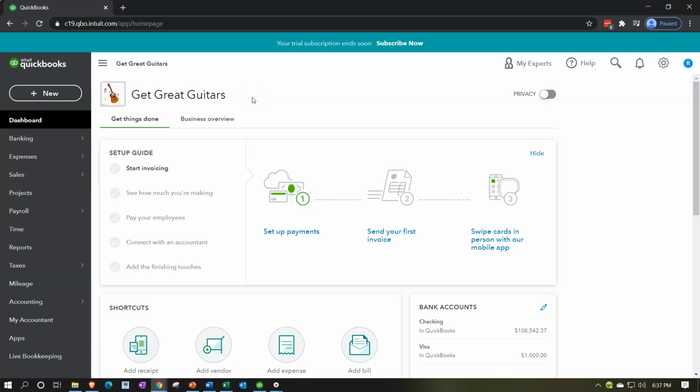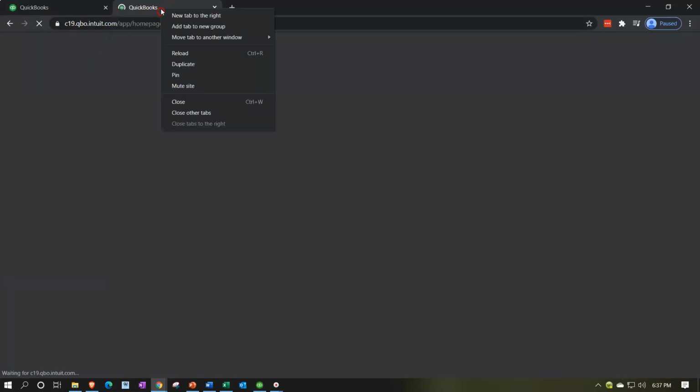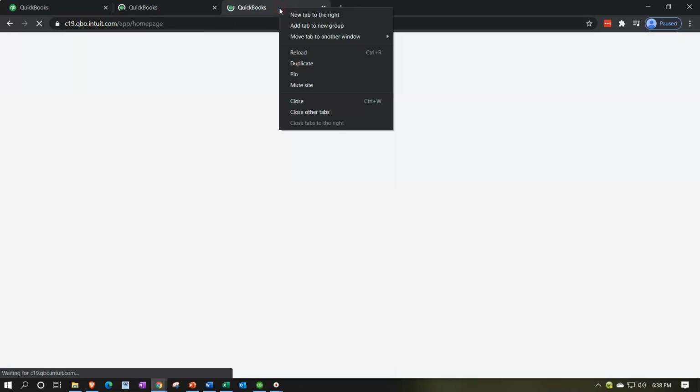We're going to be opening up some reports to start off with. To do so, we're going to go to the tab up top, right click on it, and duplicate it. We'll do that three times, right clicking on the tab up top and duplicating it. Then we're going to be opening up the trusty trial balance, followed by the income statement and then the